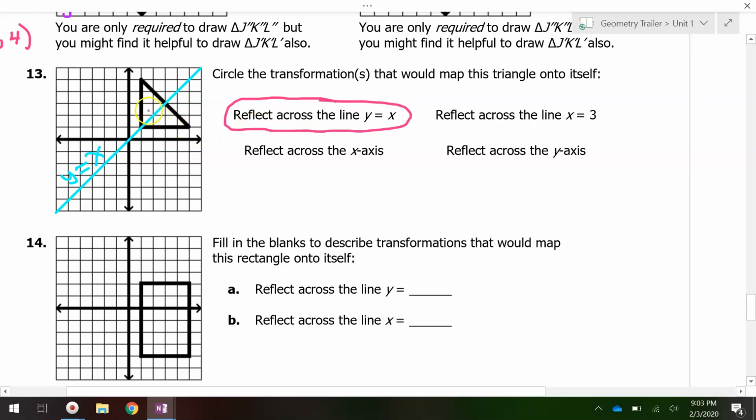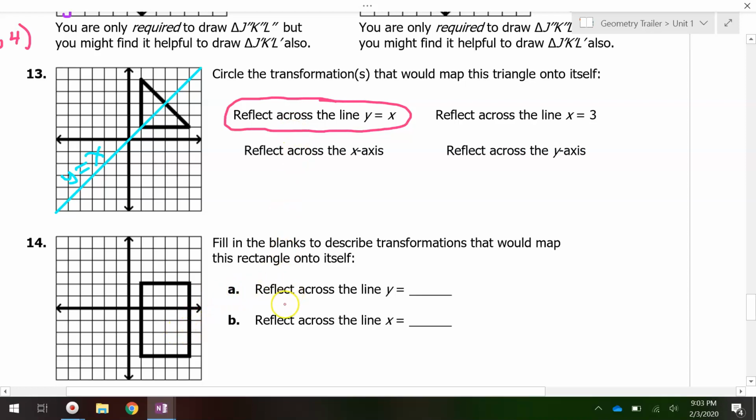Now, that's the only line that I see that is a line of symmetry for this particular triangle. So I think that's going to be it. The line x equals 3 would be a vertical line at 3, that's not a line of symmetry. The x-axis doesn't even pass through the triangle, so that's no good. The y-axis doesn't go through the triangle either, so that's the only one. All right,